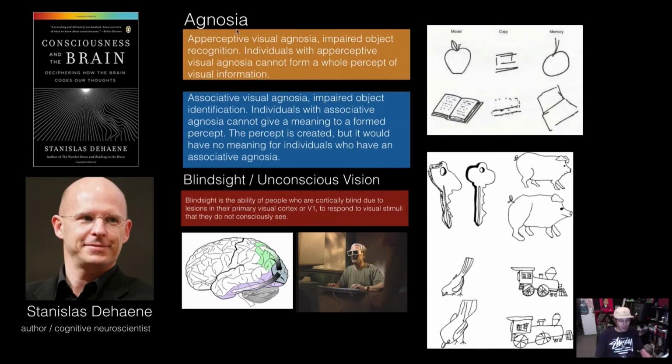So people with agnosia who have brain damage of different types, there are two different types of agnosia that I'm going to focus on here. There's apperceptive visual agnosia, and people who have this condition have impaired object recognition. So a person who has this condition can't form a percept out of visual information. So in this example over here,